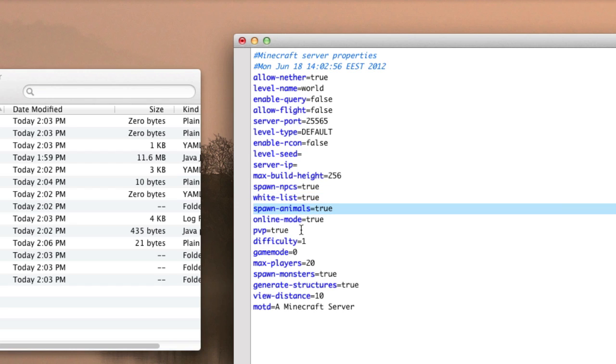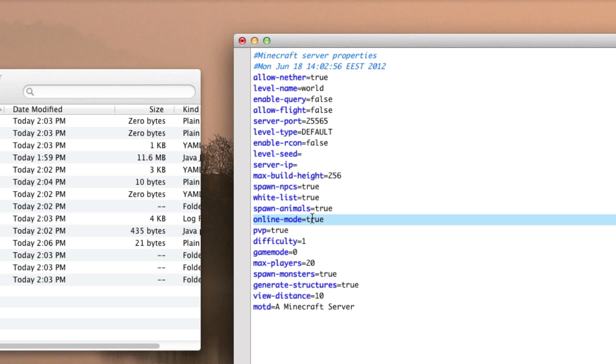Spawn animals and spawn mobs, which is here. I think those are self-explanatory as well as player vs player. Now what online mode is, is when people just log in offline, will they be able to enter your world? Basically, if people haven't bought Minecraft, are they gonna be able to enter your world? If this is set to false, then they will. If this is set to true, only people who have signed in and are online, like if I open up my